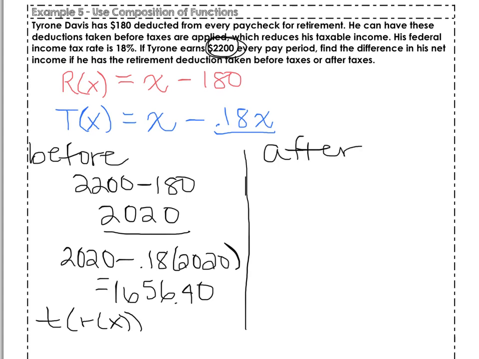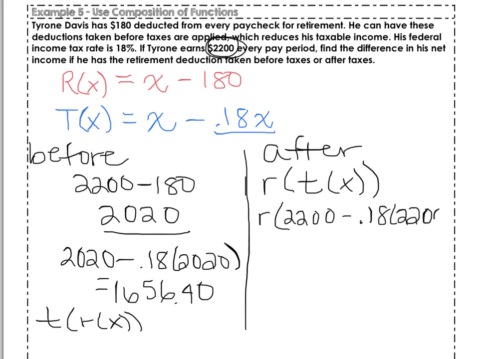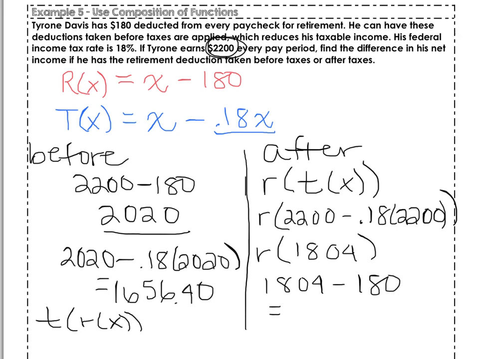We're going to do the taxes and then take that retirement money out of it. This is the function R composed of T of X. Once again, where T of X and X is going to be $2,200. So let's do it mathematically now. We're going to take our $2,200 and we're going to take away 18% of our $2,200. Whatever the answer is, we're then going to plug that into our function R. Well, that amount ends up being $1,804. Function R says take this amount and take away $180, which ends up equaling